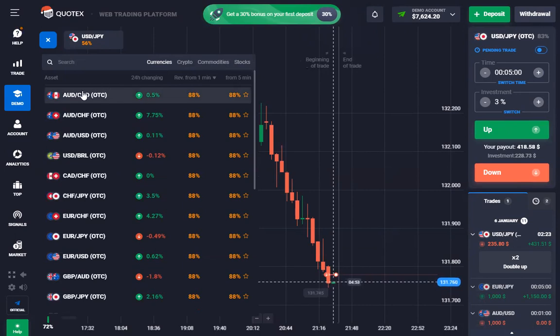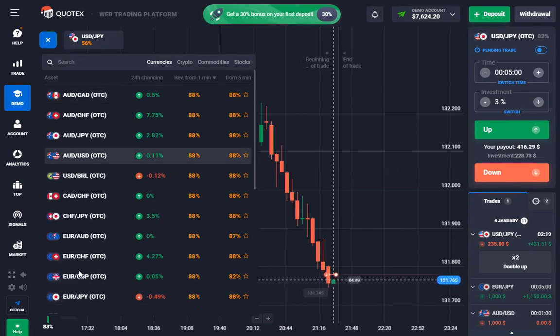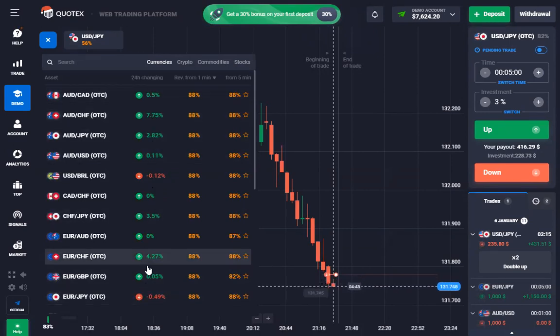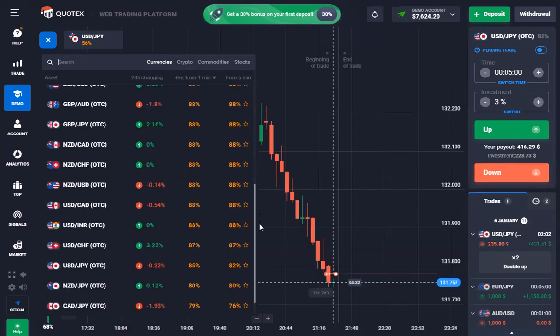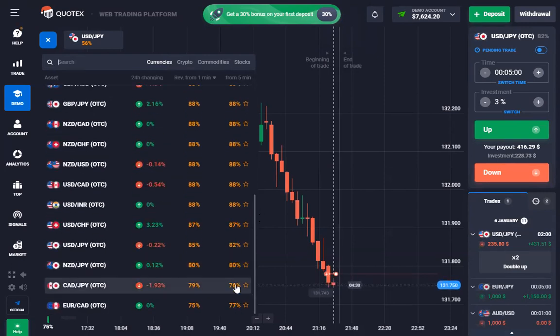So the assets, the currency pair is listed here. This is the history of how much it has changed in the last 24 hours. This is the current payout based on 1-minute trade, as you can see here. This is the payout based on 5-minute trade. So basically, you can see which currency pays out more than the other. That's the actual idea